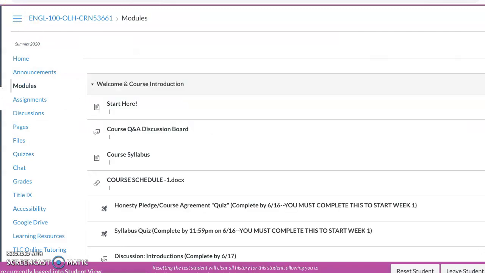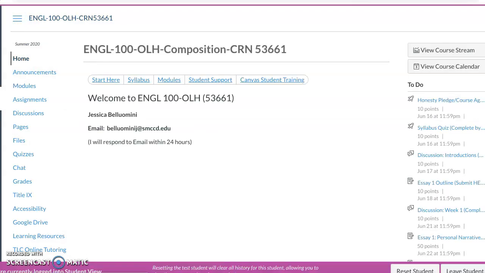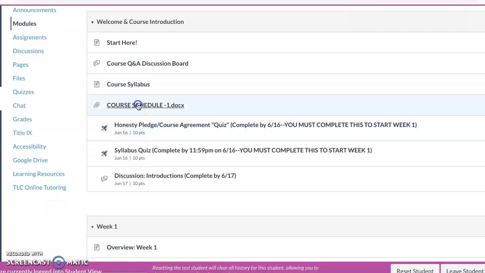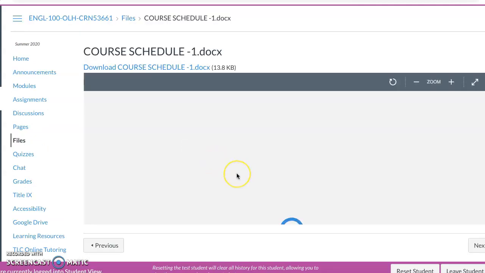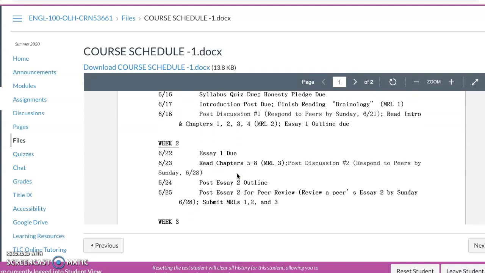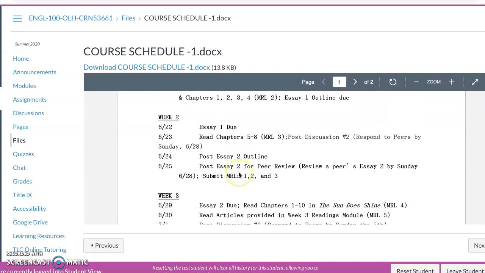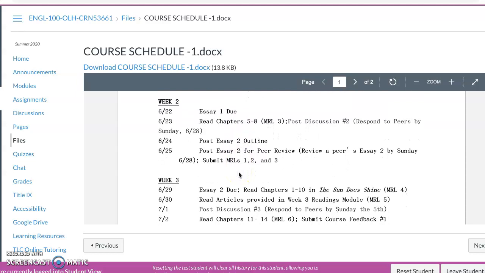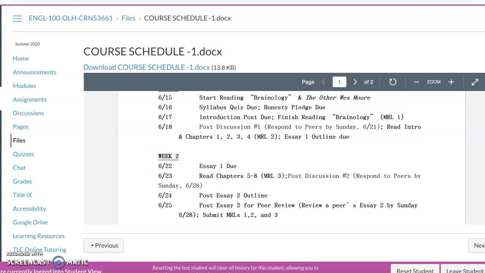Okay, going back. Oops, sorry. Okay, the course schedule is also on here. Again, I pretty much stick to this course schedule, so we may move it around if something comes up. Students will often email me and I find out that everyone's struggling and I'll have to move things around. So just know if you're ever having trouble with assignments, please don't hesitate to contact me.